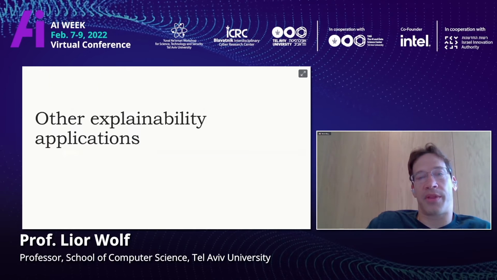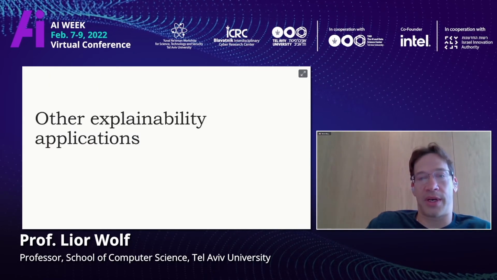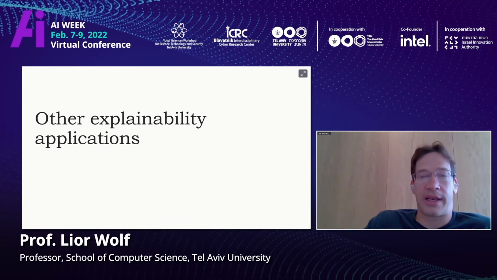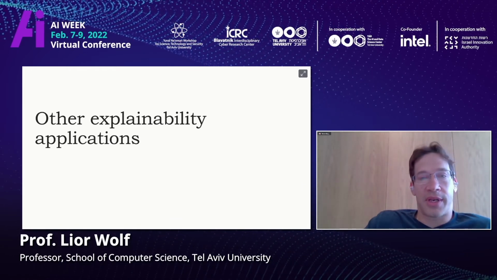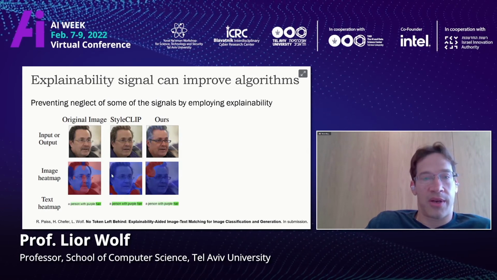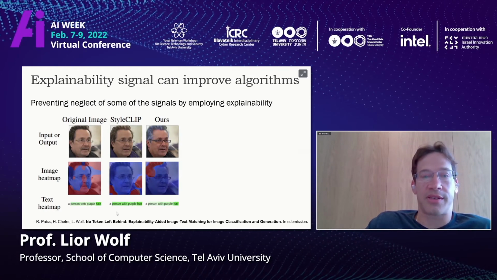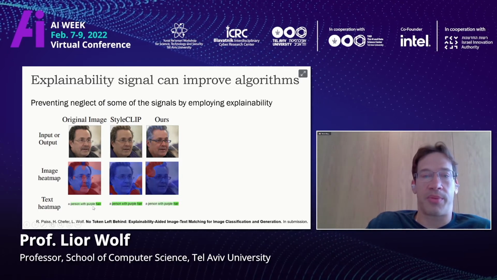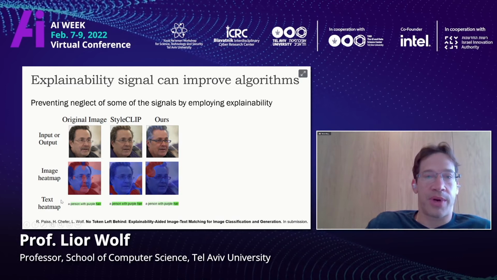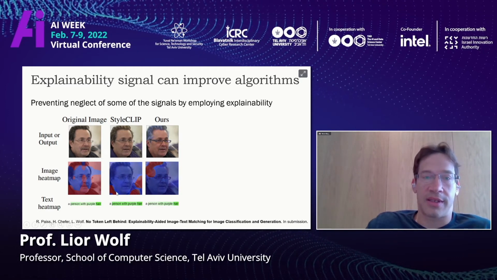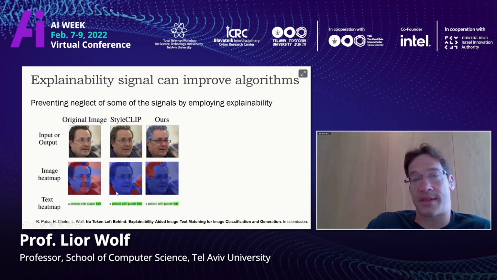So we describe three different methods for explainability. One is black box, one is activations, one is actually making the AI speak. Let's speak about some applications. In a recent work by Ronnie and Ilah, they were able to use explainability not just to show humans what the AI is thinking, but also to help AI. So the problem with AI, just like many of us, is that it chooses the path of least resistance.